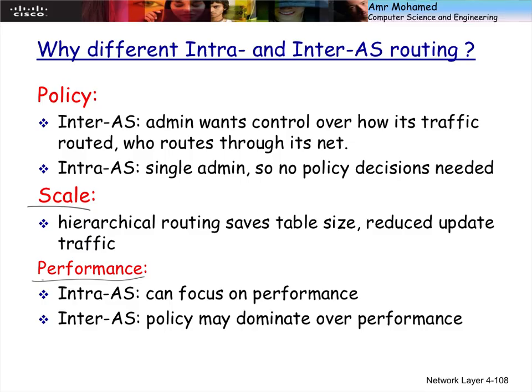So the different hierarchy or the different layers of the routing care about different things. So intra-autonomous system, which is the interior routing protocols like OSPF and RIP, can focus on performance in terms of shortest path. Okay? بينما the inter-autonomous system routing, or the BGP, cares more about the policy and the service level agreements between the autonomous systems. Okay? تمام كده؟